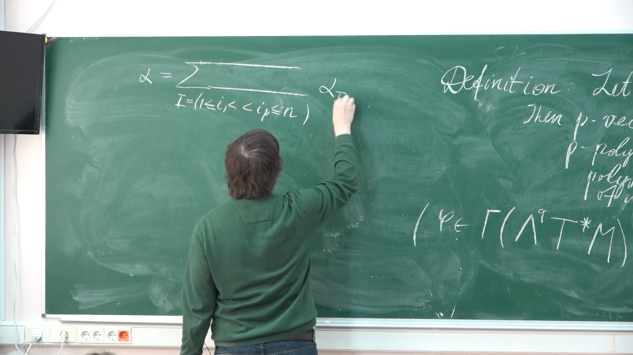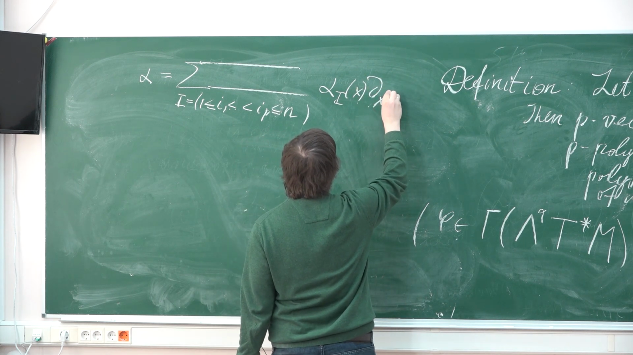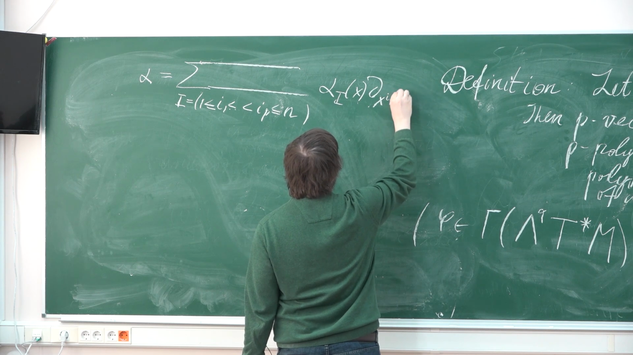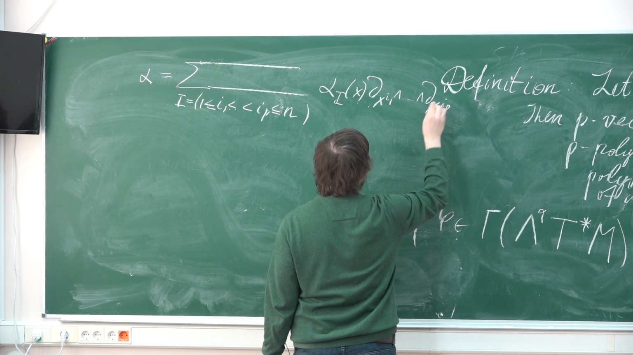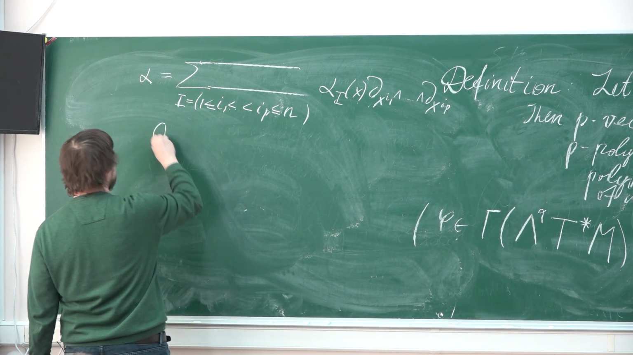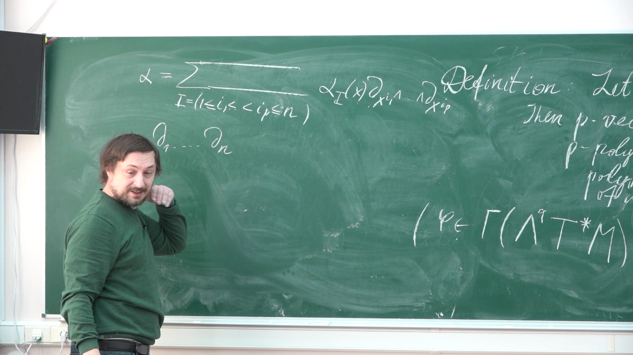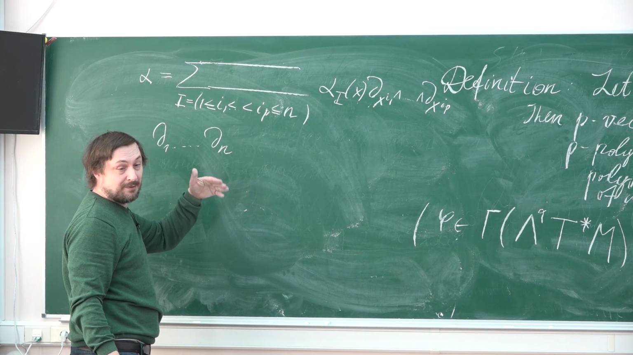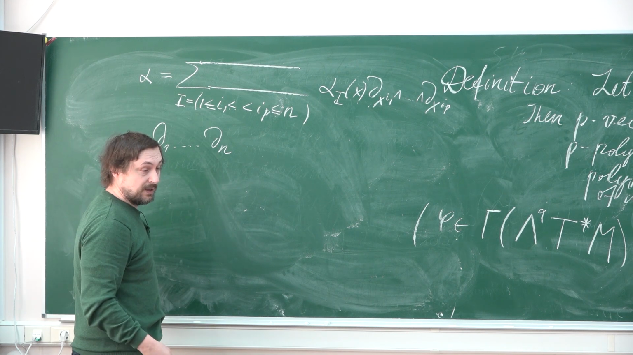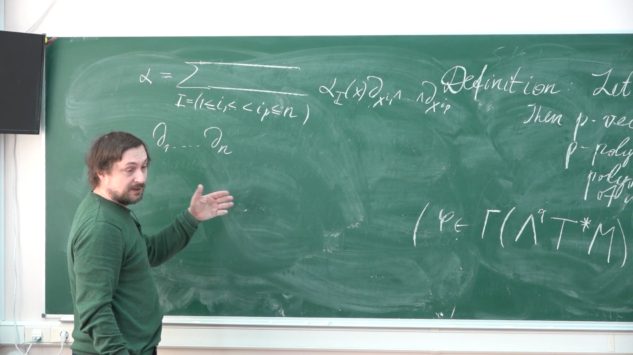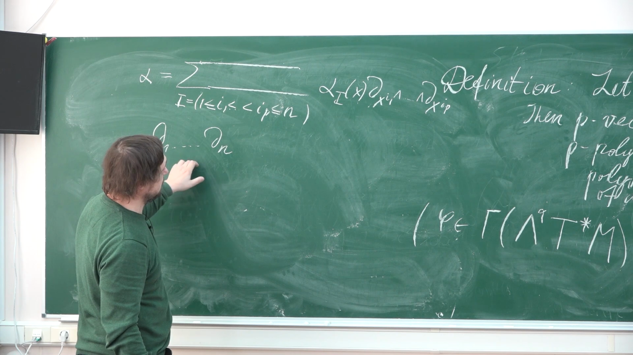Alpha sub I of x dx in ip, where d1 through dn are the basis vector fields, when you have coordinates on your manifold. The choice of coordinates gives you a canonical basis in the tangent spaces and in cotangent spaces. So the canonical basis in tangent spaces are